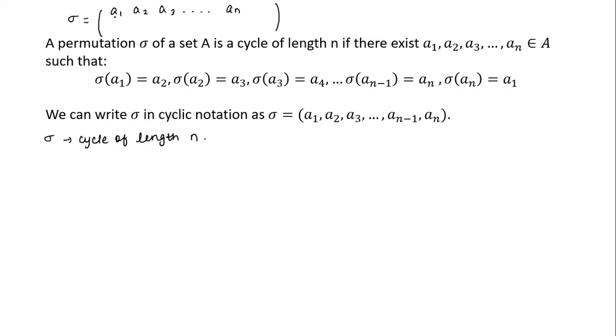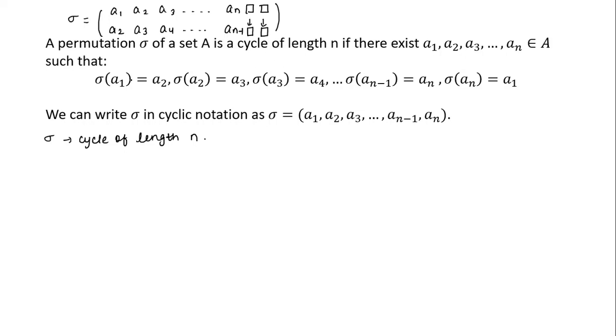Now sigma of a1 is a2, so here we will be having a2, here it is a3, here it is a4, and so on like this. Here it is an minus 1. There can be some other elements in sigma, but they are mapped to themselves, so that is why they are not